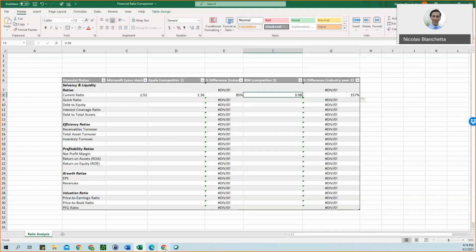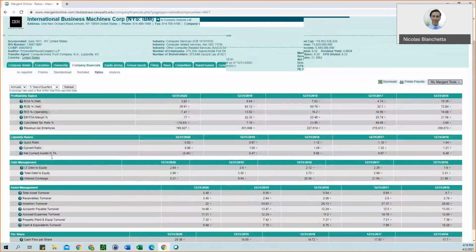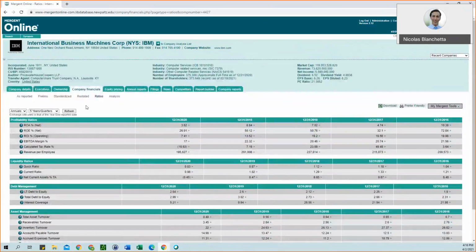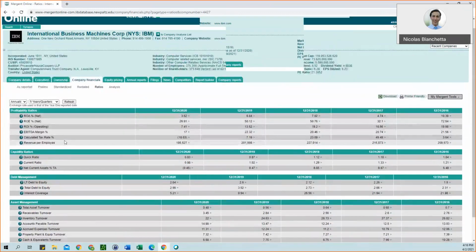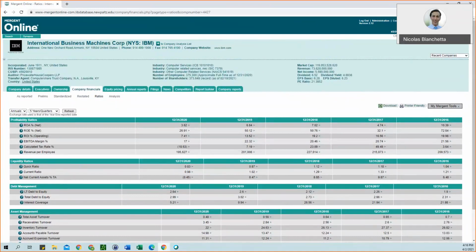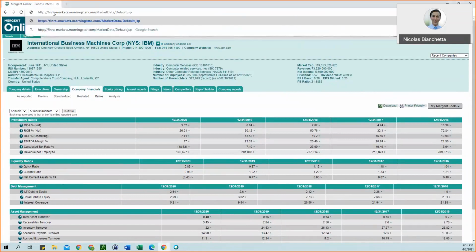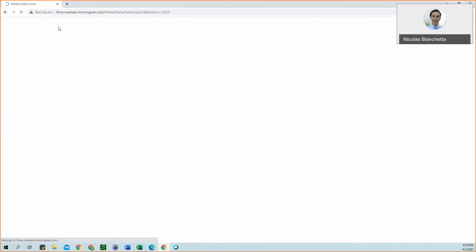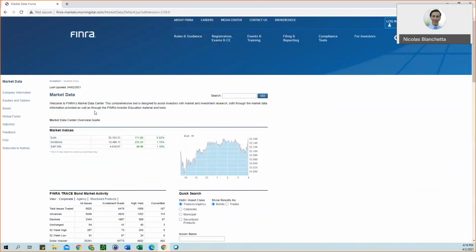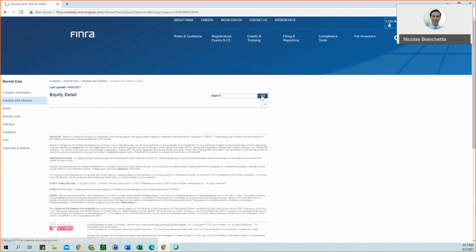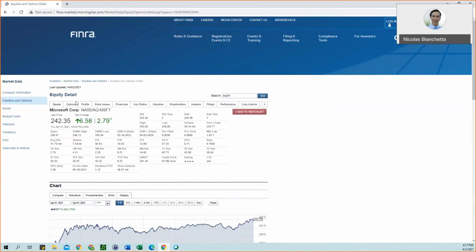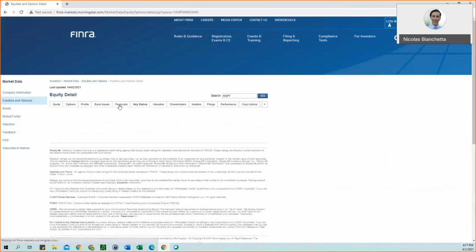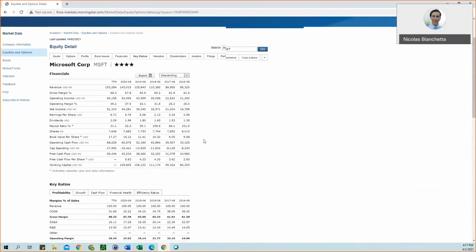And if you were unable to find, let's say one of the financial ratios you want to use is not here on Mergent Online, another website that you can use is FINRA Markets. And again, these URLs will be given to you. So here on FINRA, similar to how we did before, we can search for our company. And then you'll see the tab Key Ratios. So if you select that and you scroll down,